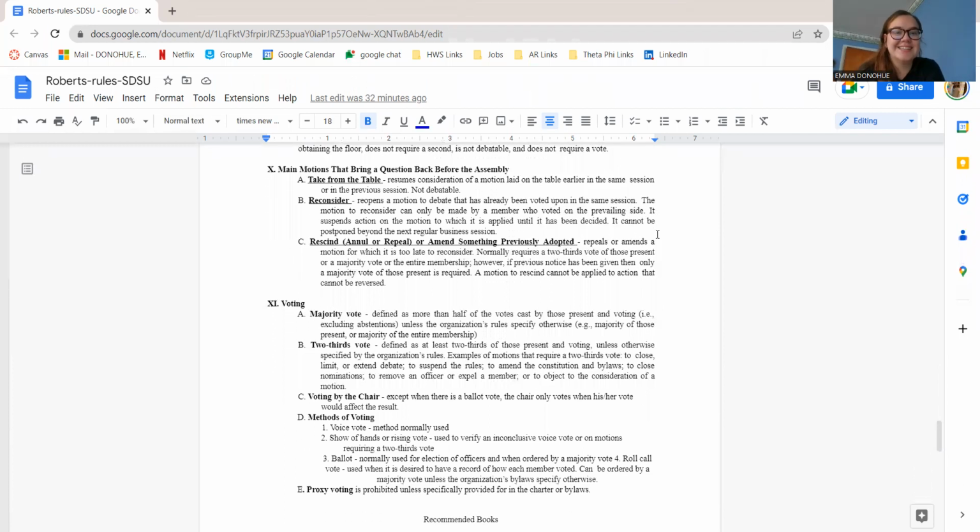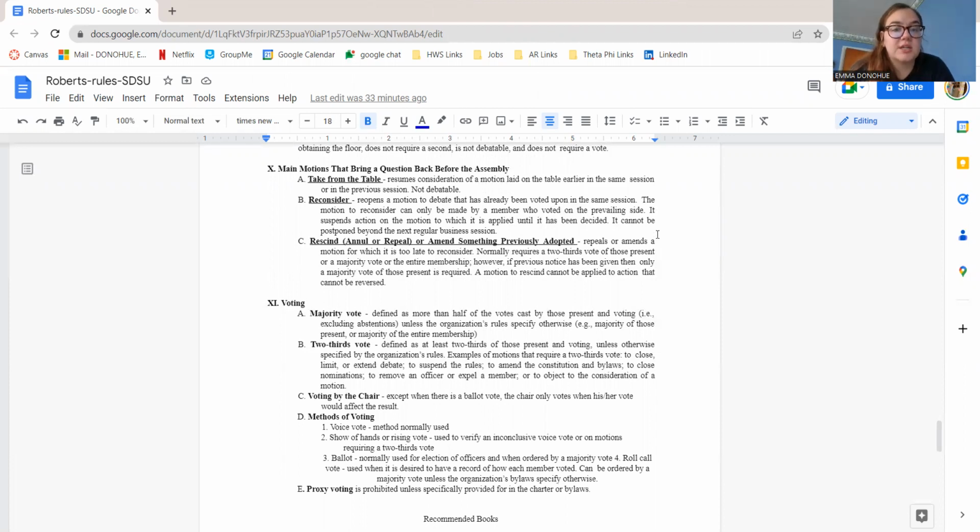We're getting towards the end. Now there are the main motions that bring a question back before the assembly. So there is the take from the table, which resumes consideration of a motion laid on the table earlier in the same session or in the previous session. It is not debatable. There is a reconsider, which reopens the motion to debate that has already been voted upon